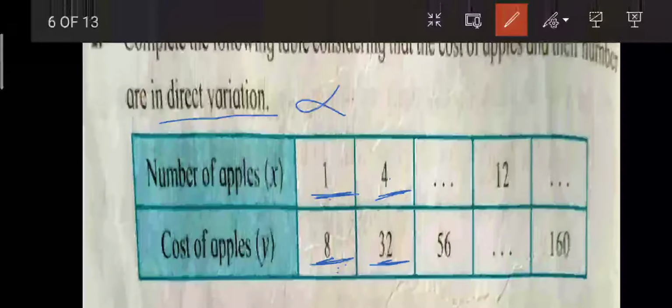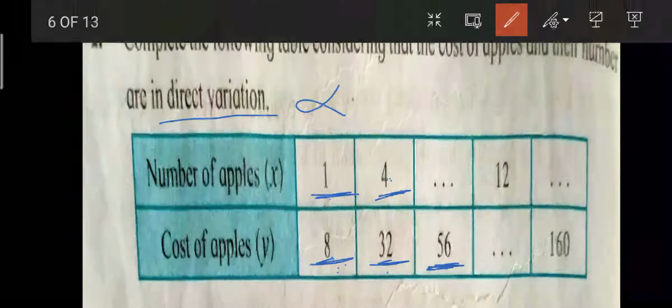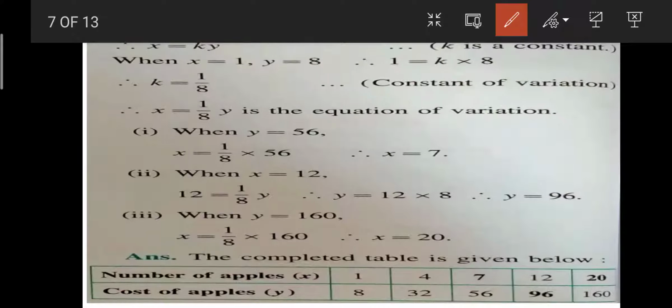Okay, now here the cost of the apple is given to us. ये cost हमें दिया गया है, that is 56. So now what you will do? Now 8 4s are, we found out the cost of the apple. अभी यहाँ पे हमें क्या करना है? What we have to do is, here we have to divide. कौन से नंबर से डिवाइड करेंगे हम? क्या है cost of apple? Cost of apple is, very good student, it is 8. So हम लोग क्या करेंगे? Here we will do 56 upon 8. So here students, the answer you have to write in this format which is been given in your notebook.